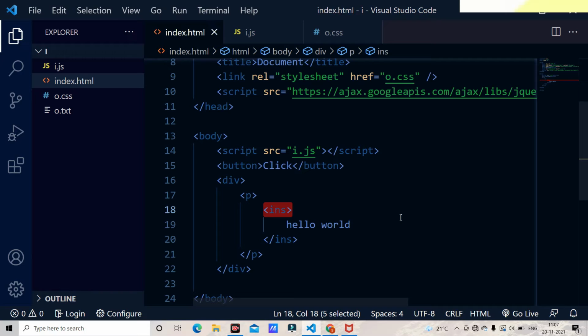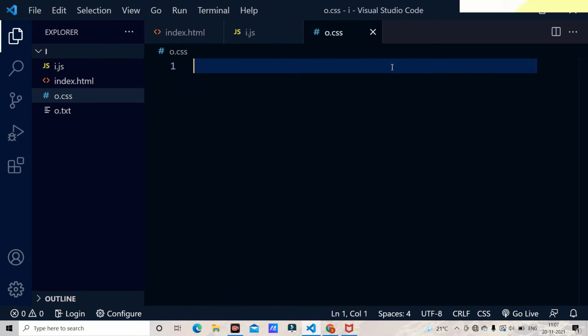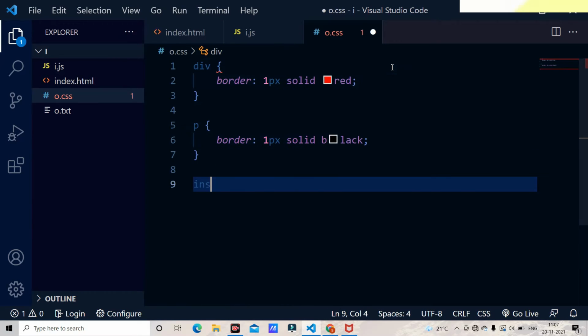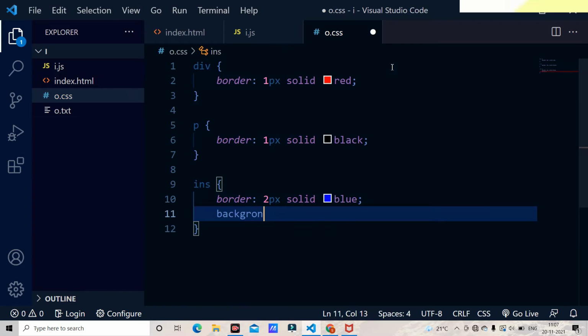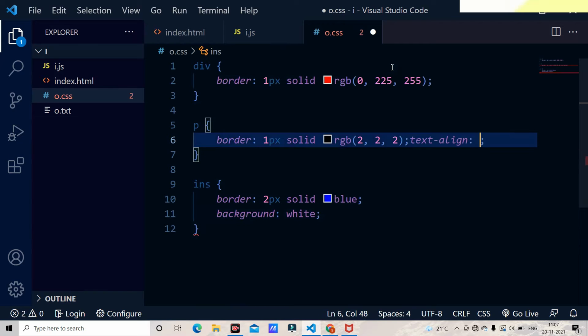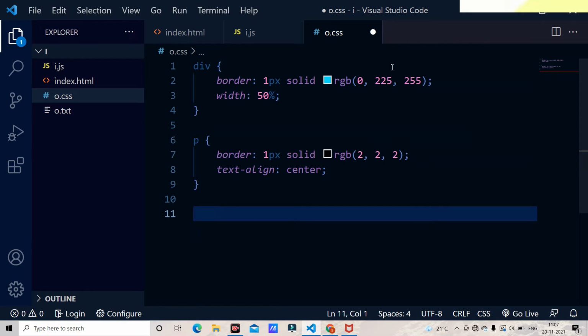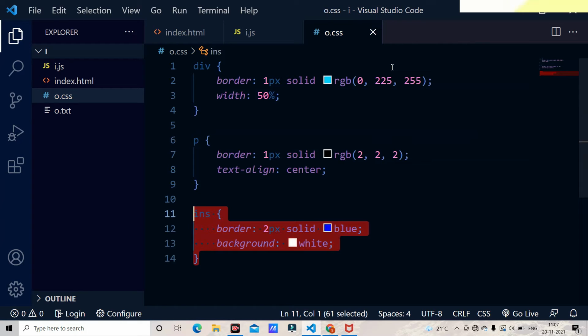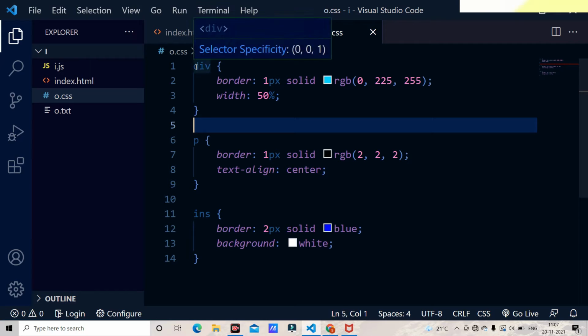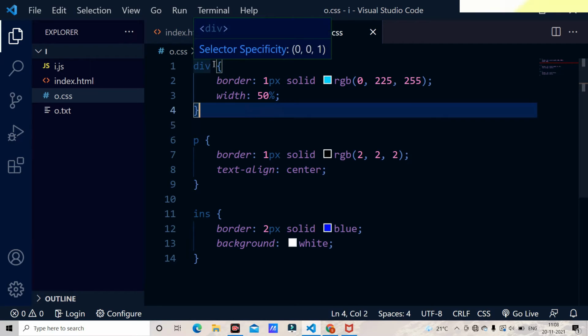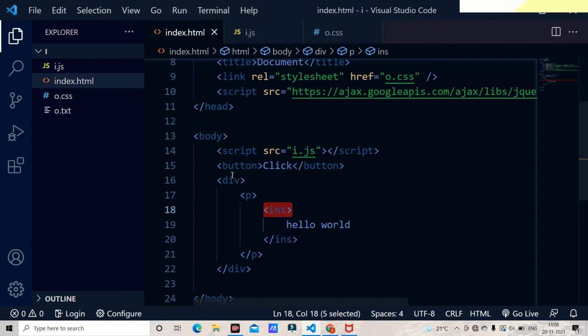Well, just to start, I'm going to give some css for this div, p and insert in the css, and I have already done that. Here we have everything. I just save it. As you can have a look at here, we have a div. Well, this css I have already written. This is the first div which we have here.